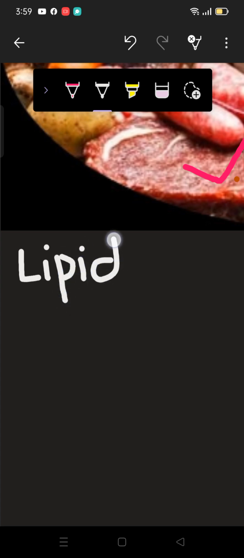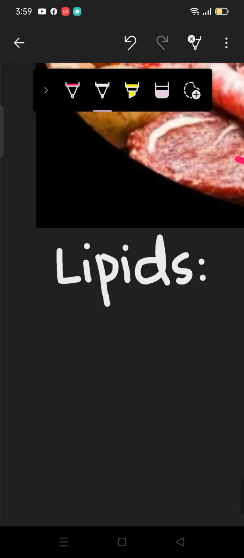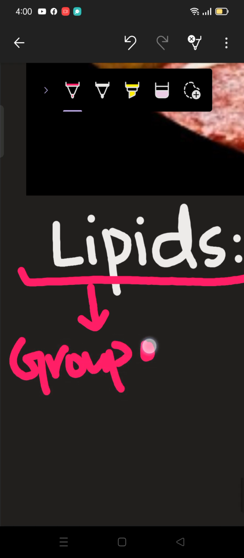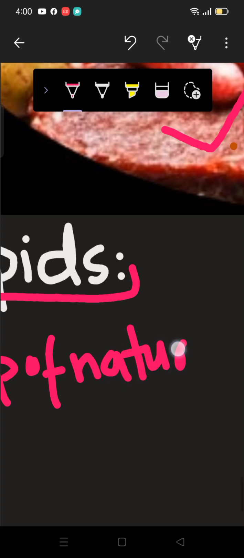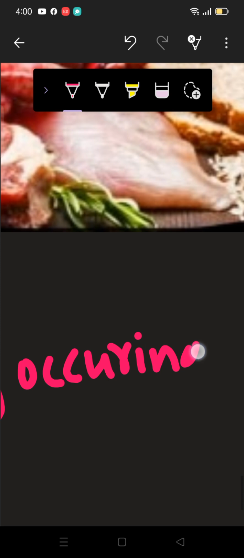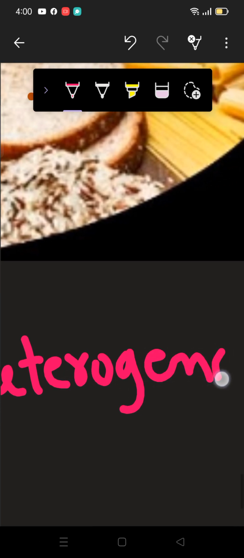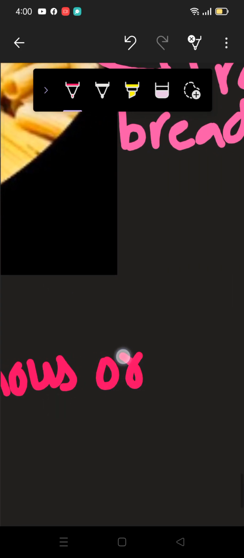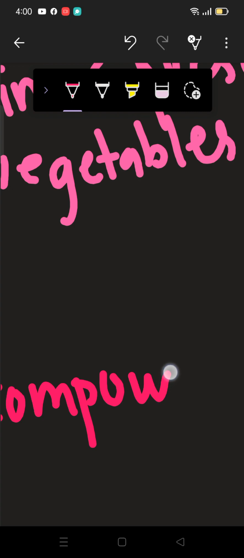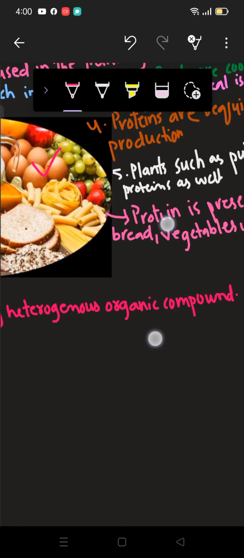Today we'll be discussing lipids. Lipids are a group of naturally occurring heterogeneous organic compounds, which include fats, oils, waxes, and these are insoluble in